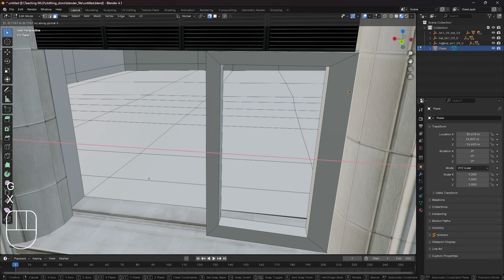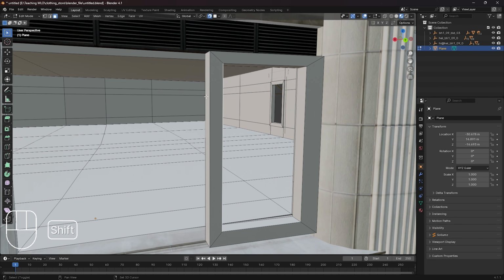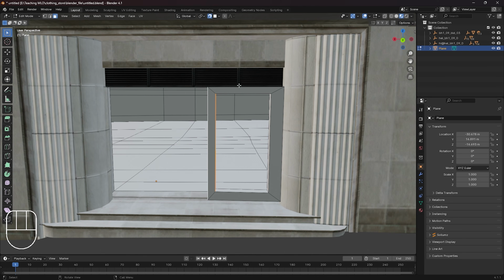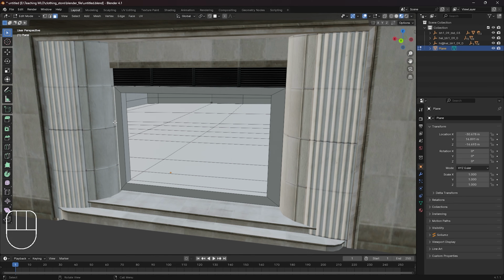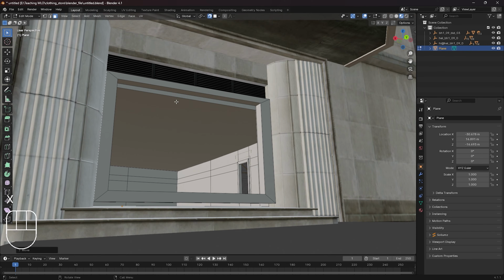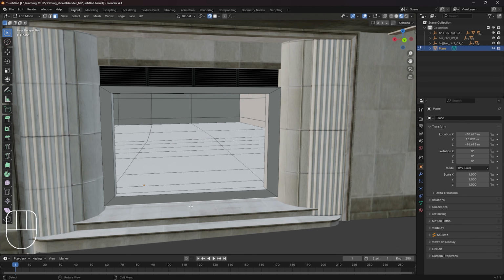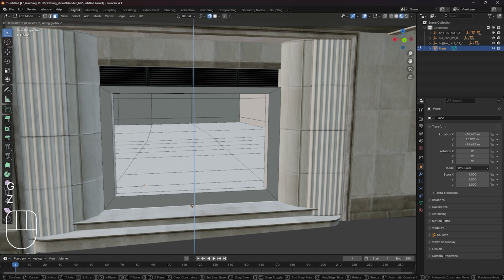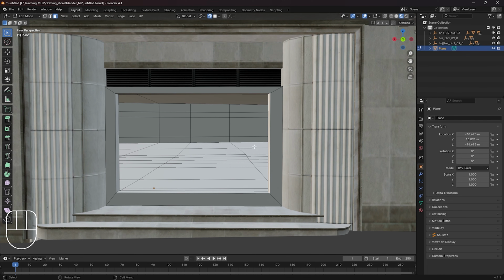G and X, same thing. Actually, we aren't going to snap these just yet. We're just going to get them to be a little bit closer first. So turn off snapping, G and X, and we'll just move these over for now. Then select this face, and then hover over this wall. Actually, turn on snapping, then hover over this wall, G and X. And then we need to select this bottom face of the frame, hover over the ground, press G and Z. And now we can basically just